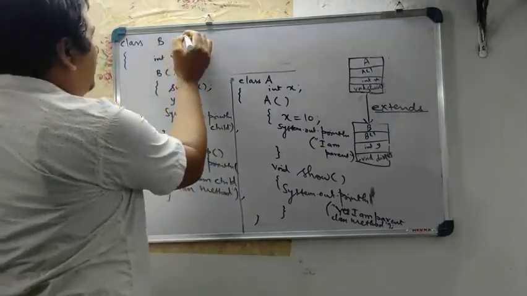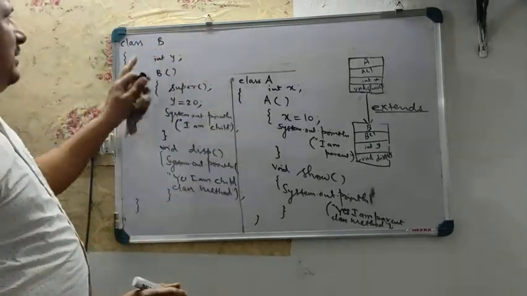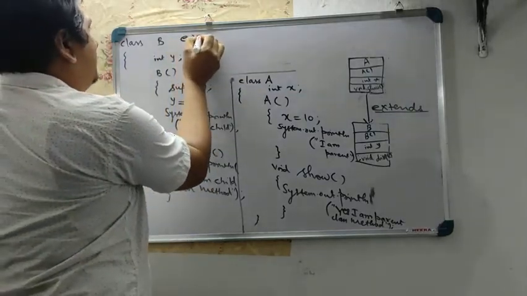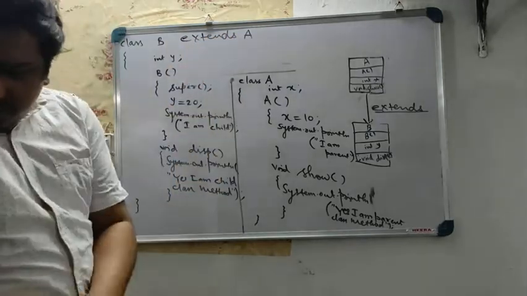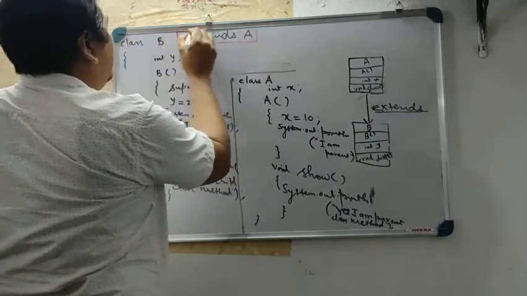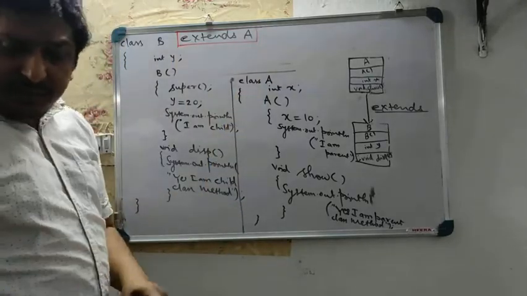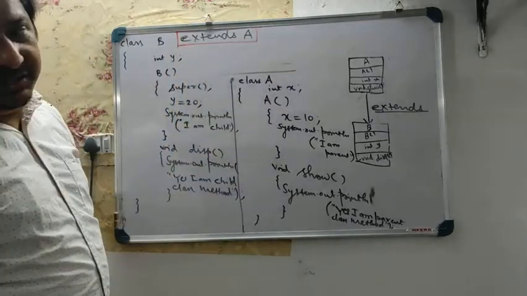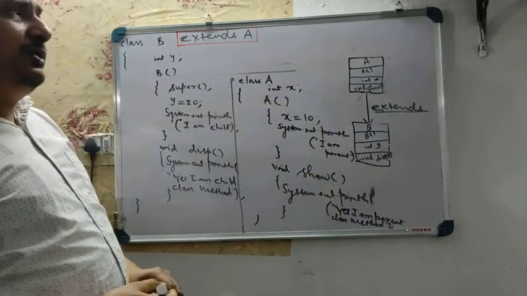So to make that happen, what should I write here? The child B will tell that I am the son of A. That is most important. So here, extends A. So this is how we are making this possible. And if I am writing this extends A, then only it means that now I have a parent-child relationship. So this is two classes which we have defined so far.